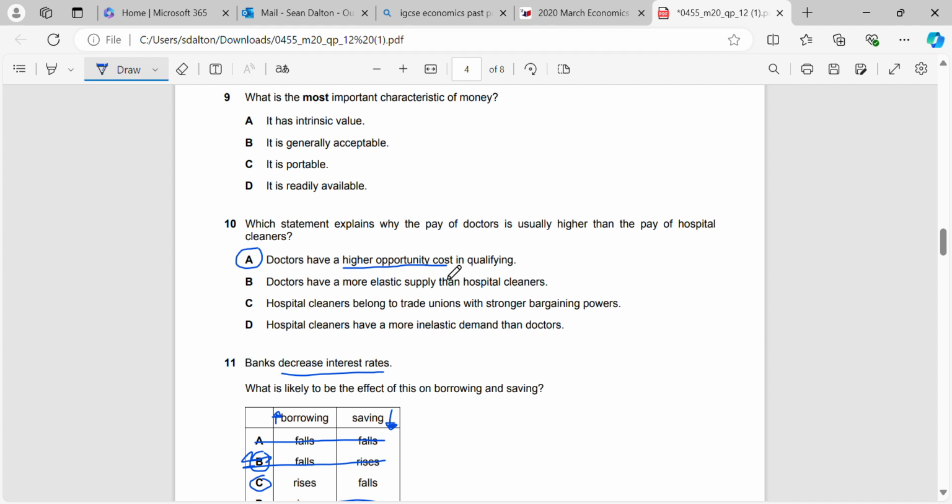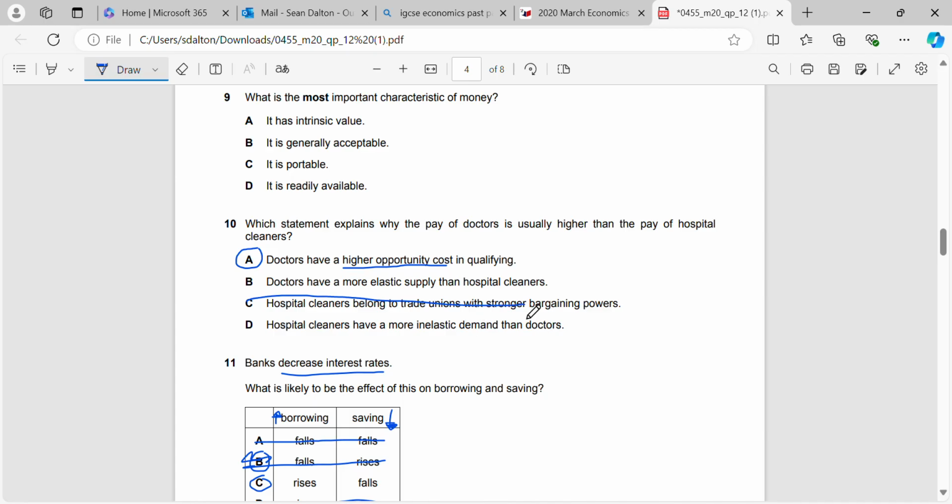But if you want to become a doctor, it takes a lot of money to qualify, and depending on which country you're in, it can take 7 to 10 years to qualify, which is obviously a huge opportunity cost because you're giving up earning a salary for those 7 to 10 years, and you're giving up the leisure time from all the study that you've had. Therefore, it's harder to become a doctor, which means that it's something that they will get paid more to do. The harder the job is, the more people get paid. So all the others wouldn't apply.